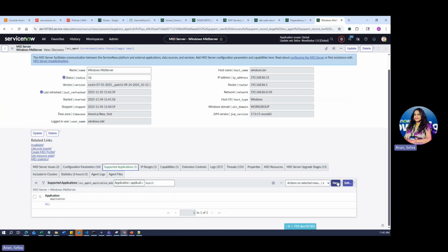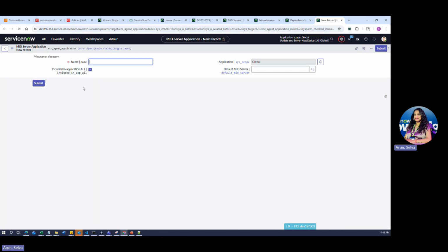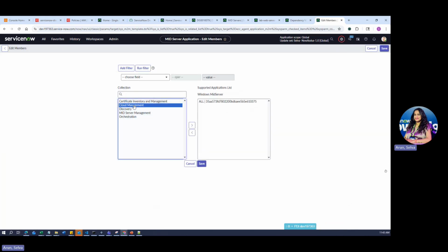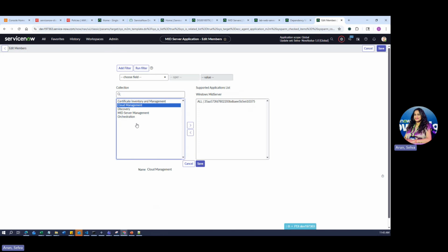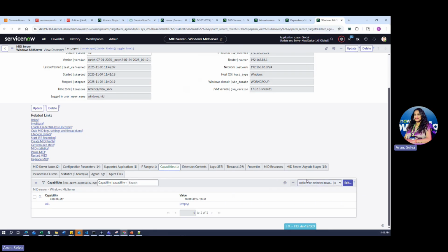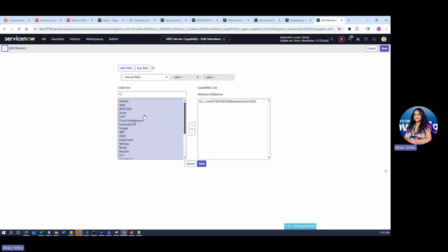Make sure you are adding the capabilities here. Let me just show you what I mean by that. Come here, and you can see there's a cloud management. Make sure this is being added, and if you select all, then the mid server will be used for all this purpose. If you are using the mid server specifically for discovery, this mid server will not support the cloud management. Make sure that you do that, and also come to the capabilities here and click on edit, and